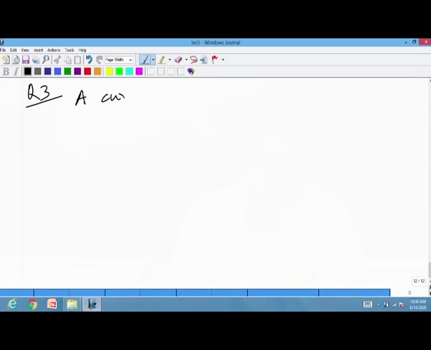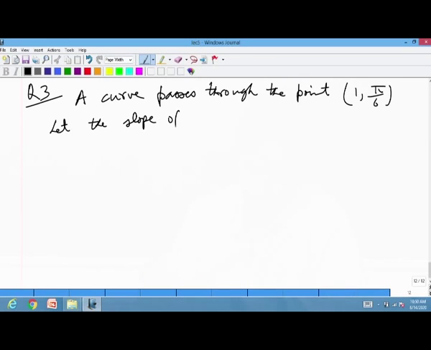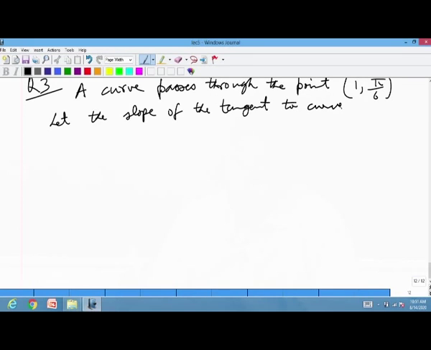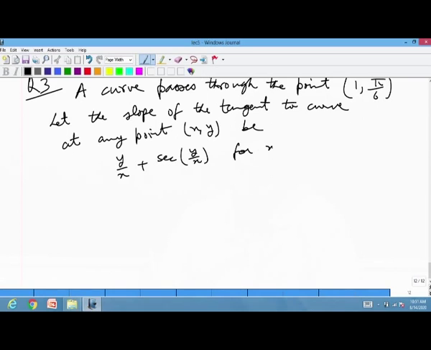It is given that a curve passes through the point (1, pi by 6), and let the slope of the tangent to the curve at any point (x, y) be y by x plus secant of y by x, for x bigger than 0. Then the equation of the curve is,